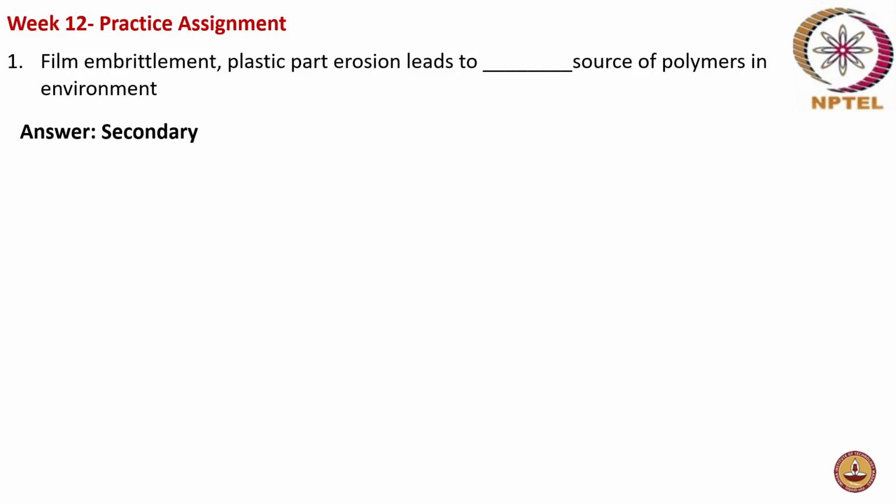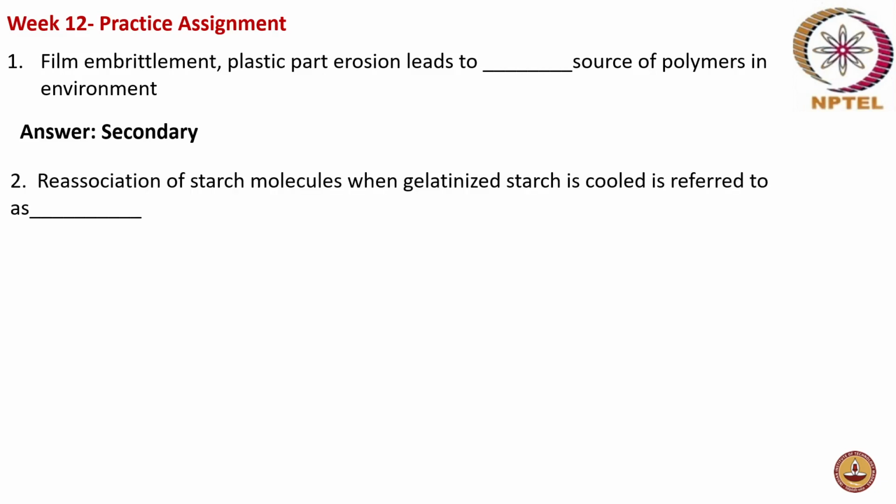It is a primary source where your macroplastics are involved. Of course, that also involves microplastics and nanoplastics as well. But in case of secondary, you will find these microplastics and nanoplastics, and you would not find your macroplastics. Okay. Now, question number two: reassociation of starch molecules when gelatinous starch is cooled is referred to as,